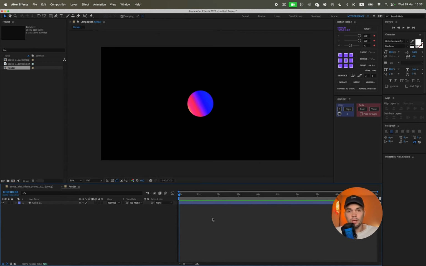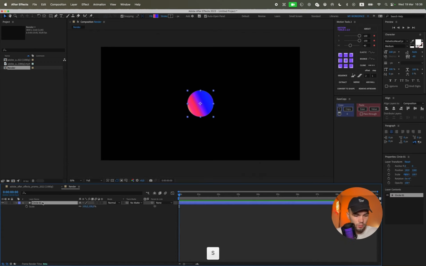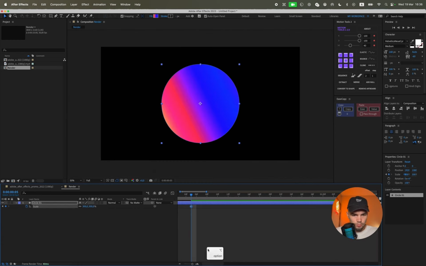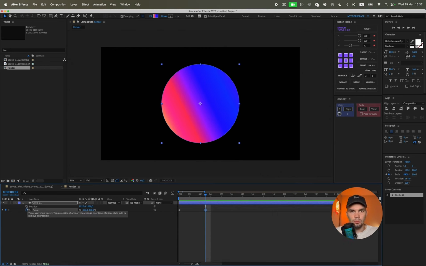And next we need to animate this shape, this gray one. First, we also need to animate the scale. So we press S for scale. Let's move on just a few frames and increase its scale. Let's set it to 300. Also, we need to animate the position. We press Shift and P, and it opens our position so we can see both the scale and the position. We also set a key,